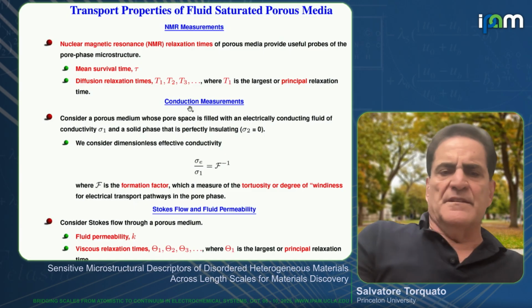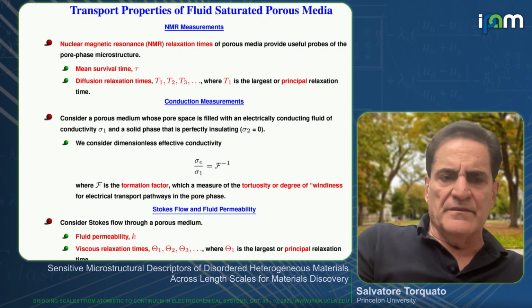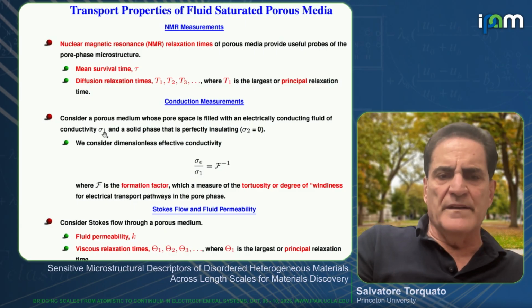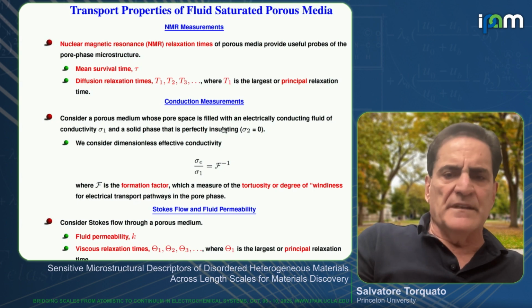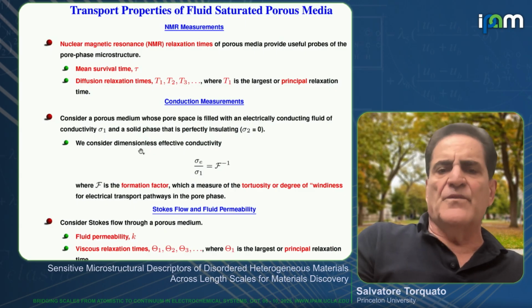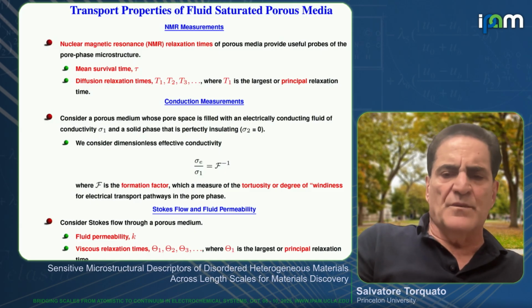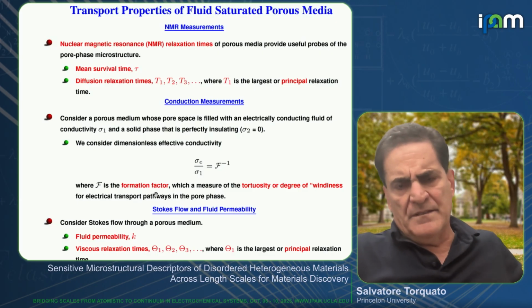In the case of conduction measurements, let's imagine now that this porous medium has a pore space that's filled with an electrically conducting fluid with this conductivity sigma 1, and that the solid phase is perfectly insulating. And I'm sure a lot of you have heard of the formation factor. This is the way I define the formation factor, which is basically the inverse of the dimensionless effective conductivity of